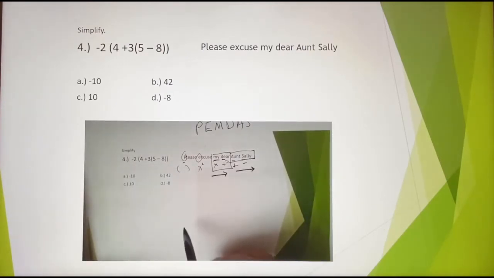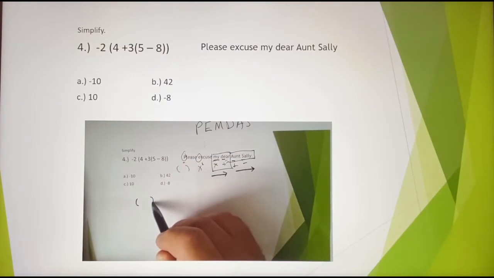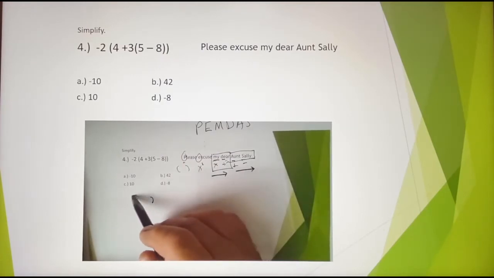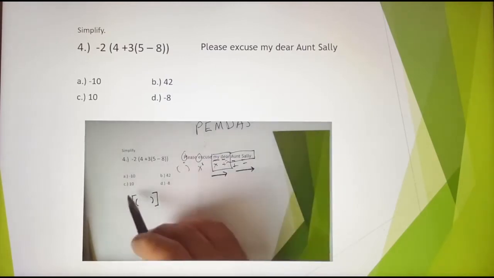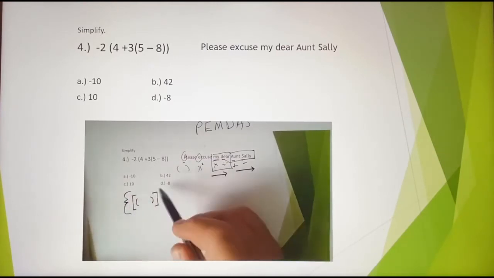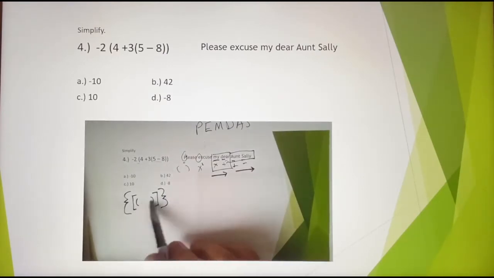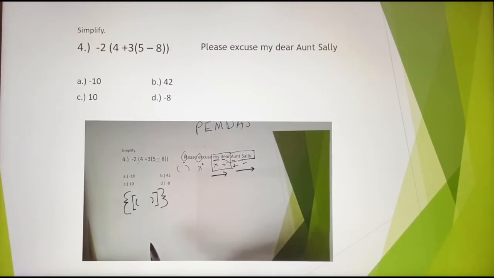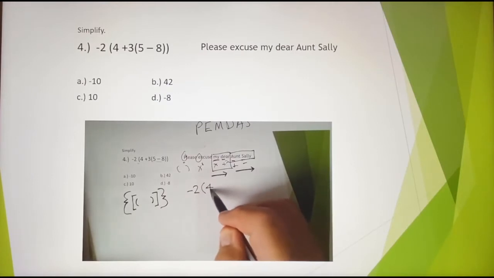We've got a problem here, and we see multiple sets of parentheses. You always want to work from the innermost parentheses first. And in some problems, you might see the first set of parentheses look like that, and then some folks will treat the next outer ones as brackets, and then out from that would be these braces. That's not always the case. Sometimes you just have parentheses like that, but I wanted you to recognize those as well as another way to organize these. So I'm going to rewrite the problem, copy it over here,